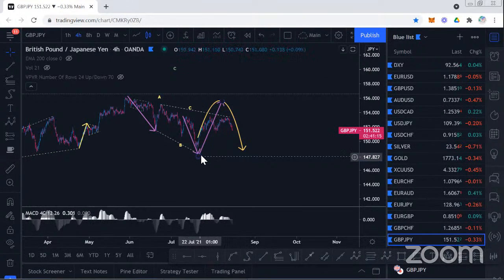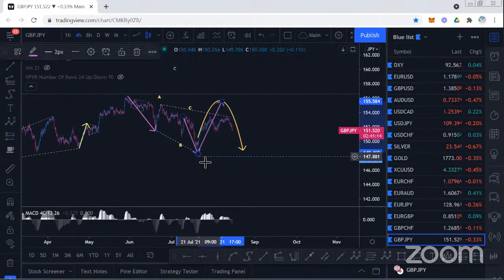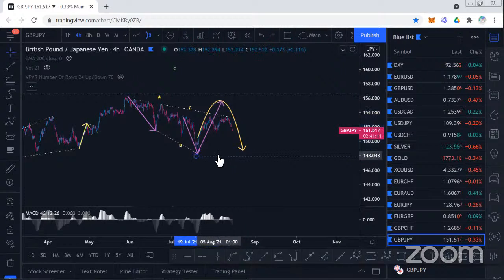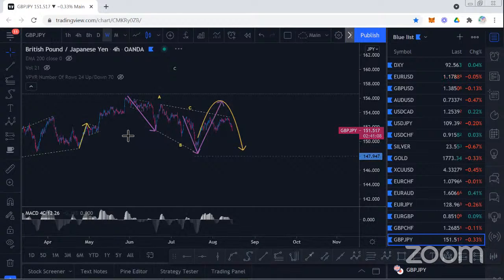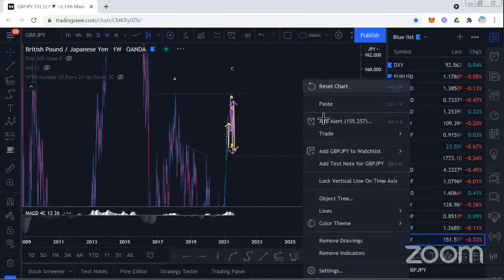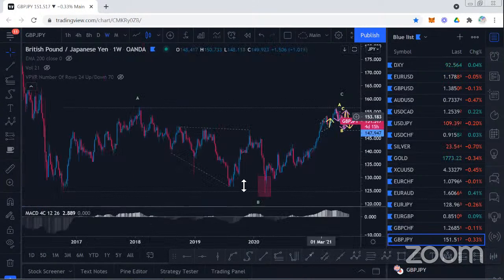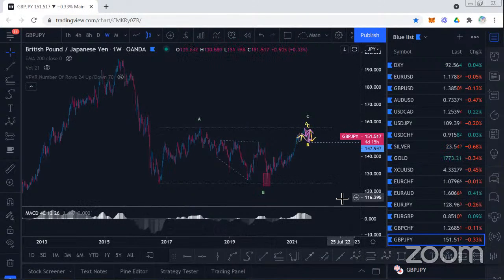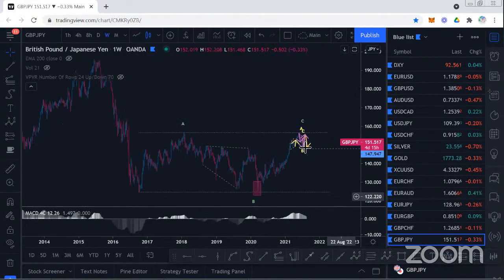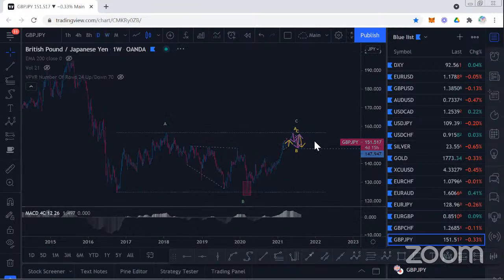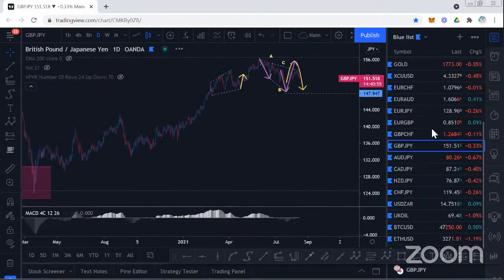So I'm more inclined to just wait and be patient with it, knowing that the higher time frame is nice and clean and clear, and we can put an entry order below the lows and just be patient with it, because the higher time frame structure says from there we're going to see at least 120, probably even further lower on the pound. So happy to just be patient with that one. Same with the Swiss yen, but I really like the pound yen more. So I'll be interested in that.